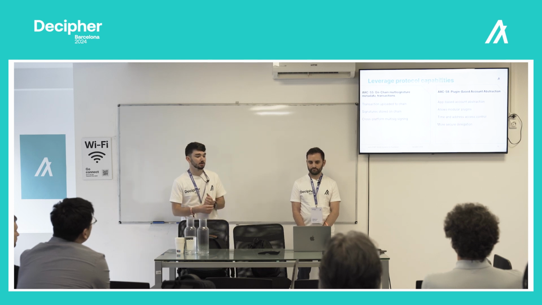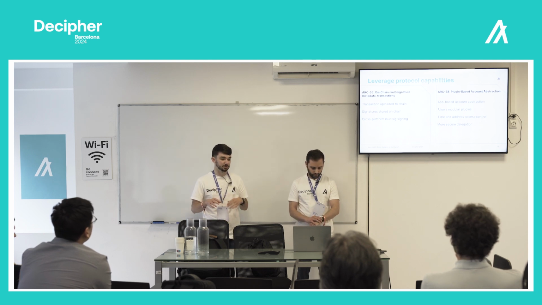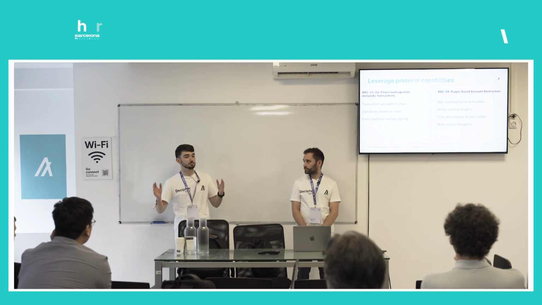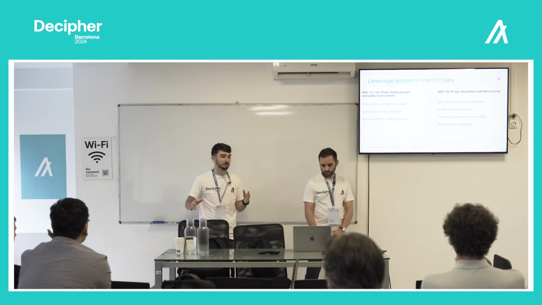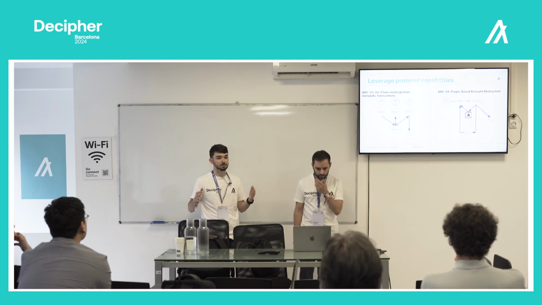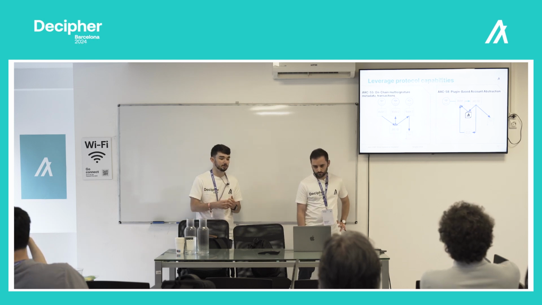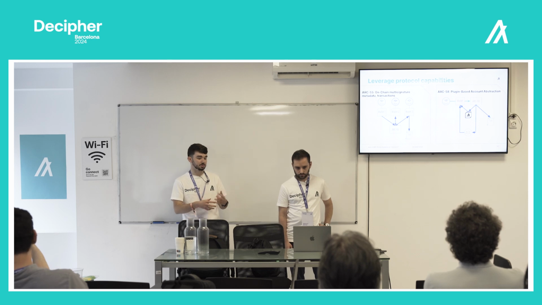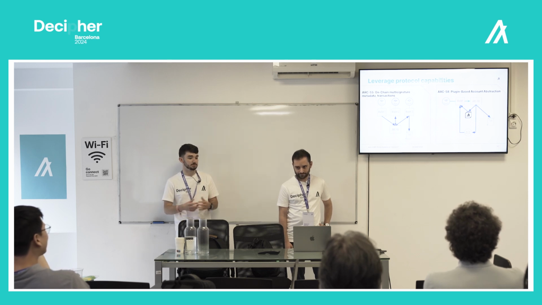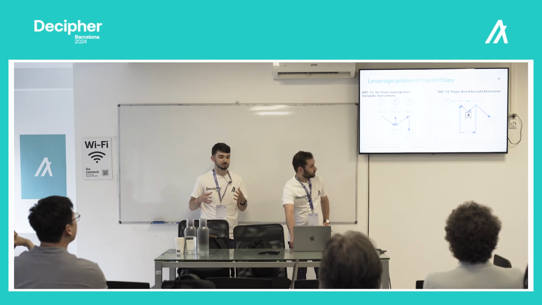So ARC58 allows us to give permission to apps modularly, and we can restrict those permissions based on time or addresses. So I can say, for the next 100 blocks, this one address can take 5 algo from my account, but after that, they can no longer do it. And if anyone else tries to do it, it'll just fail for them. So again, it's using these features that already exist, combining them together. In the case of ARC58, we use apps and rekeying and a lot of advanced features of the AVM to provide this nice end user experience.